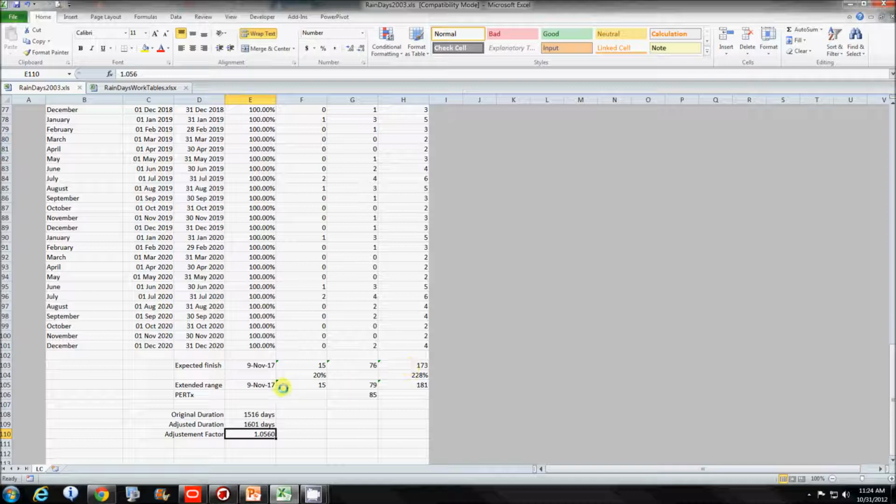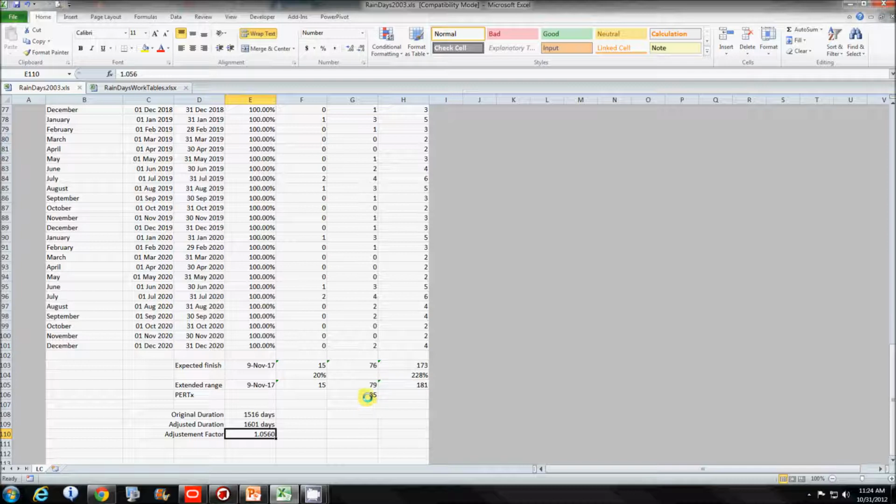I took that 76, added it to my original duration of 115, and came up with the 9th of November. Looking at the 9th of November, I had 3 additional days for the average, and essentially 8 additional days for the maximum.